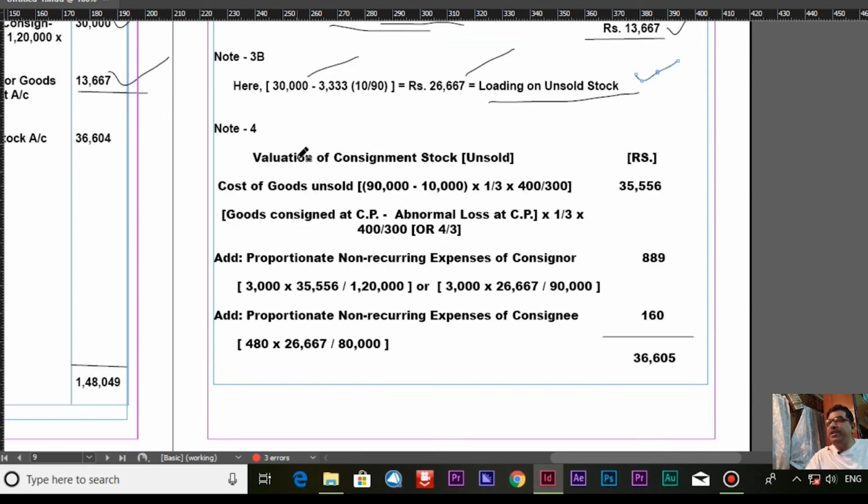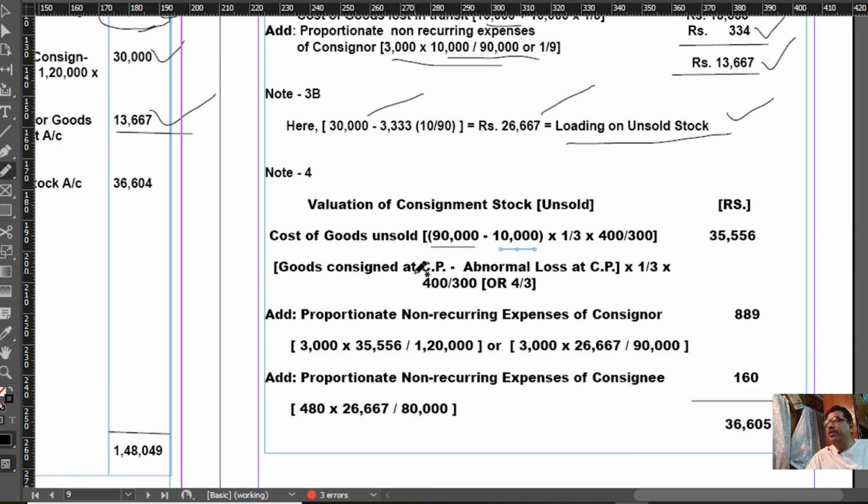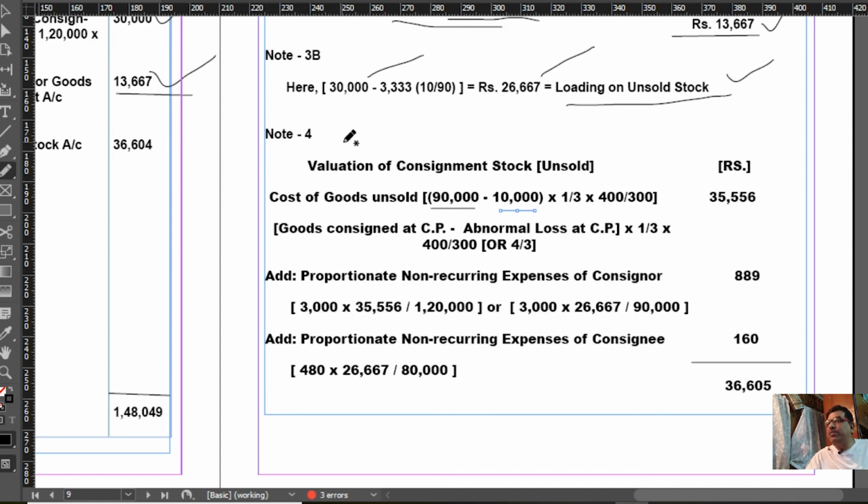We can calculate it, because cost of goods unsold is 90,000 consigned, 10,000 lost, and now I have to calculate the amount of consignment stock, naturally valuation of consignment stock as per note number 4. Cost of goods unsold is equal to